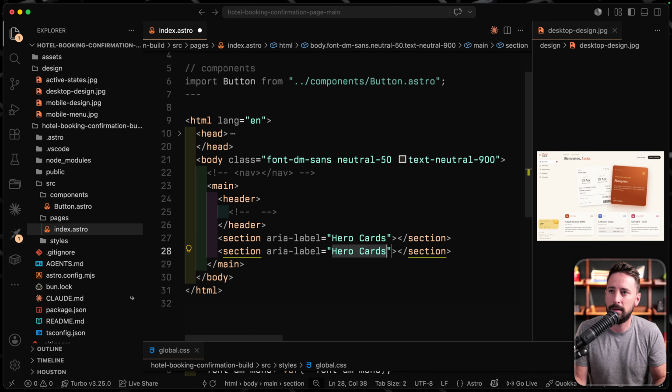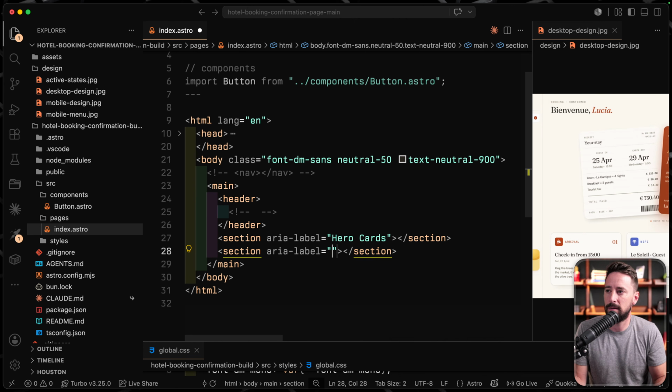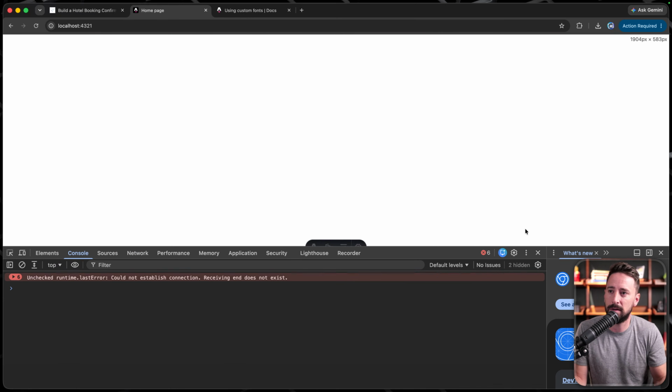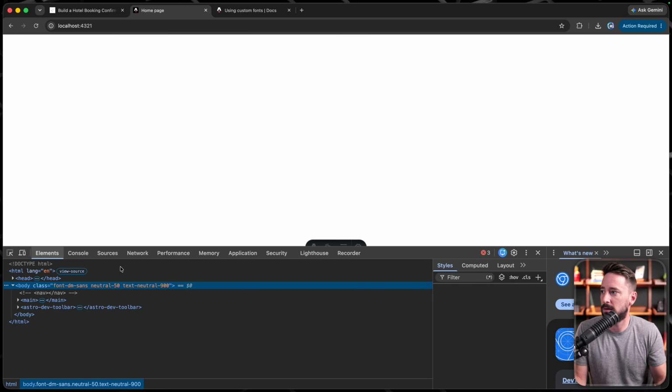And then inside the header, we have these two sections. So I guess we have three total sections. And then we have, what are these things supposed to be? Detail cards or trip details, something like that. So we've got these three sections, and if I inspect the HTML, even though you won't be able to see much in the actual browser, and we turn on accessibility over here,